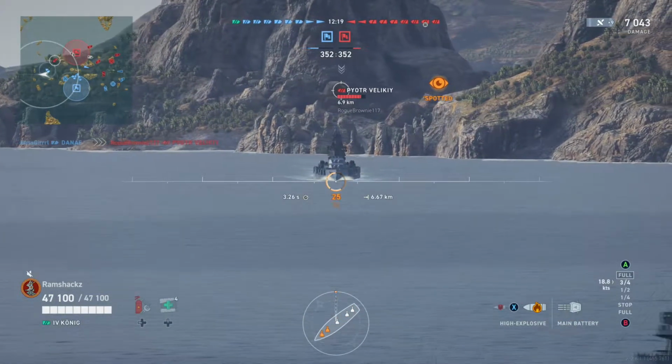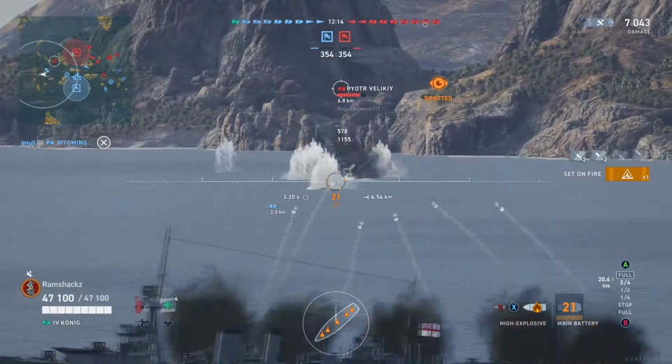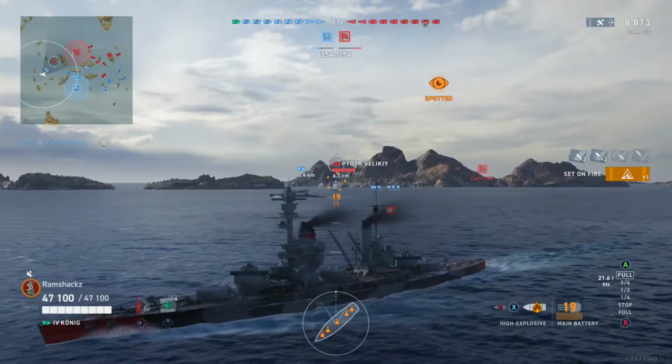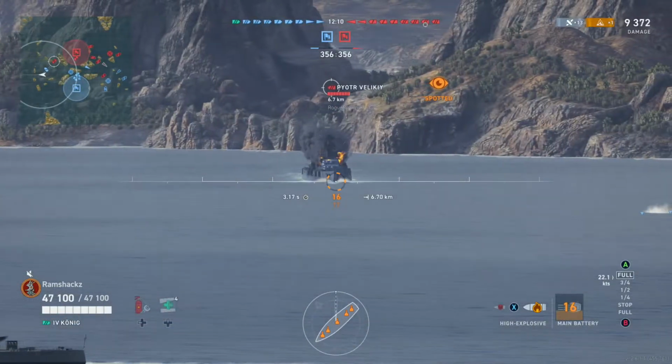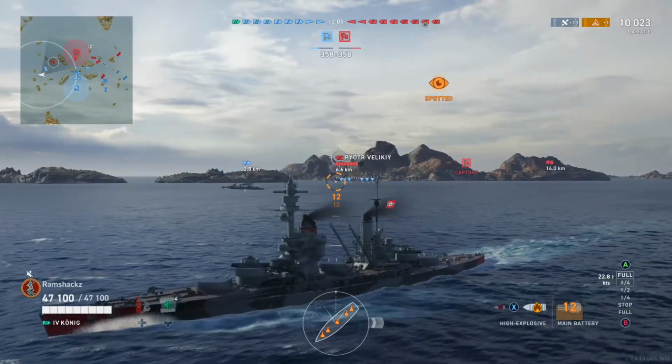We're going to try to spread some fires and do damage that way. We get a good bow. We get a fire there, so that's great. We don't really want to keep a full broadside to him either, because then we're exposing ourselves to getting clean hits. So we go ahead and give him